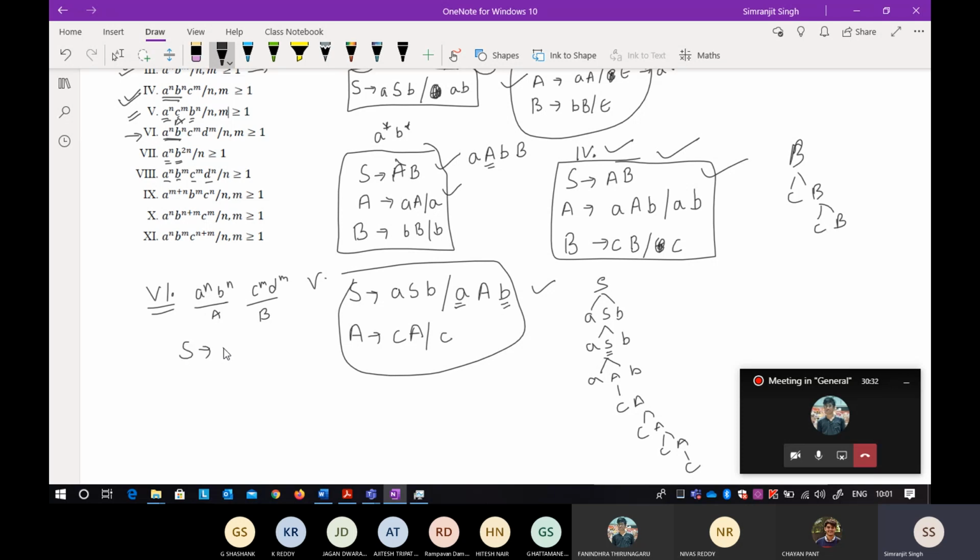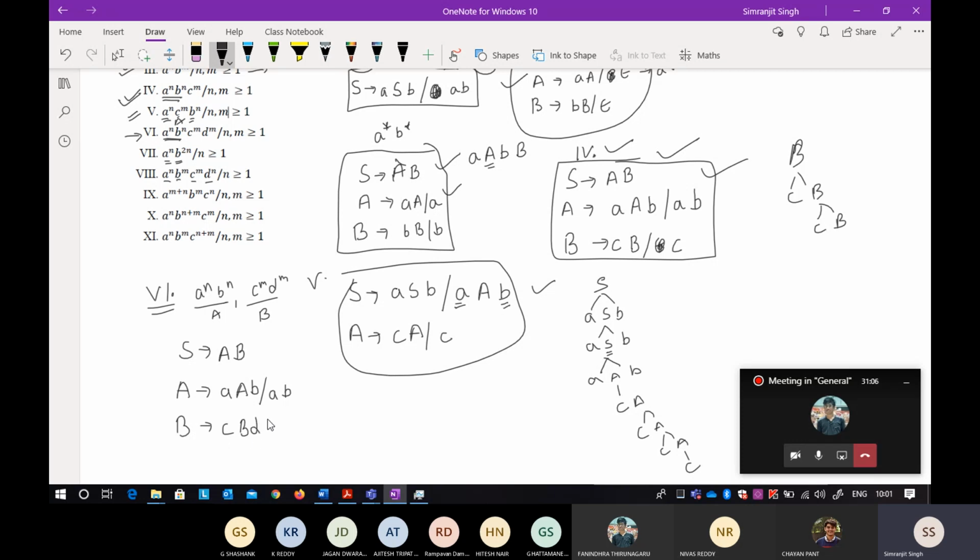If you see that S tends to AB. So now you can write A. How can you write A? So A will be a A b, and then there is a B. Because it is raised greater than or equal to 1, you have to include a single ab in that. And for B, keep that in mind, it is c and d. Do not think that you will write a b inside it. I think some of you will make a mistake of writing a c and d.